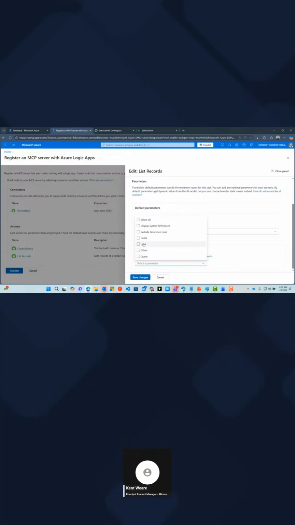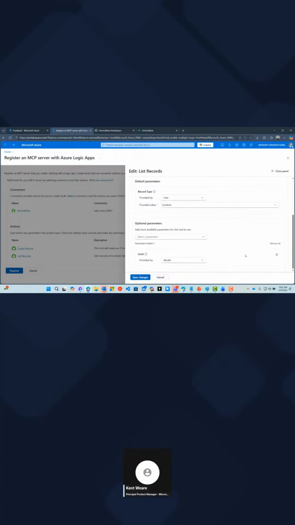Another thing that you may want to also do is query. So you could provide the opportunity to query for a specific ticket number, or you might want to limit the number of values that are returned, right? And so this is where you might want to limit your return set to maybe 15 items, because we may not want to use or abuse a whole bunch of tokens. Same thing with fields. If there's fields that are being returned that we're just not interested in, they're just going to burn up tokens, we can restrict that so that this is more optimized.